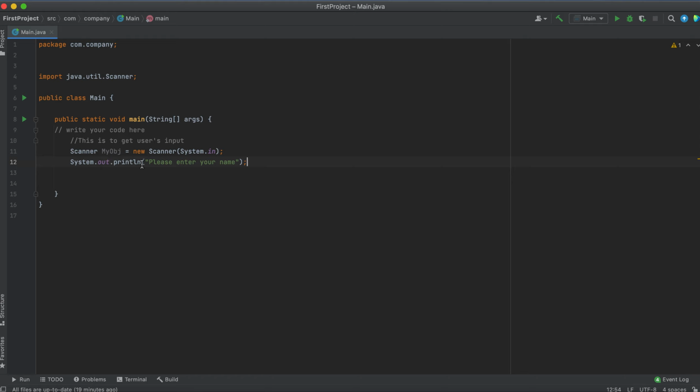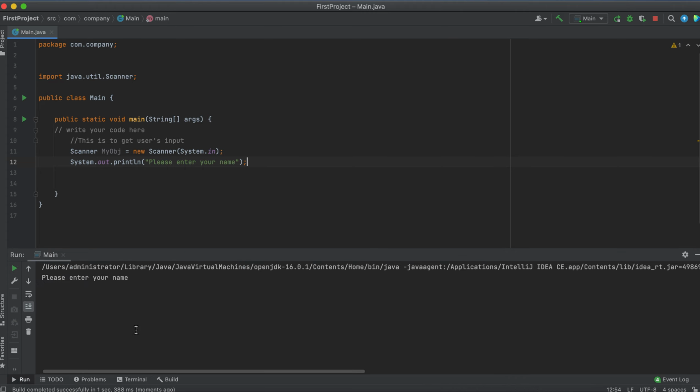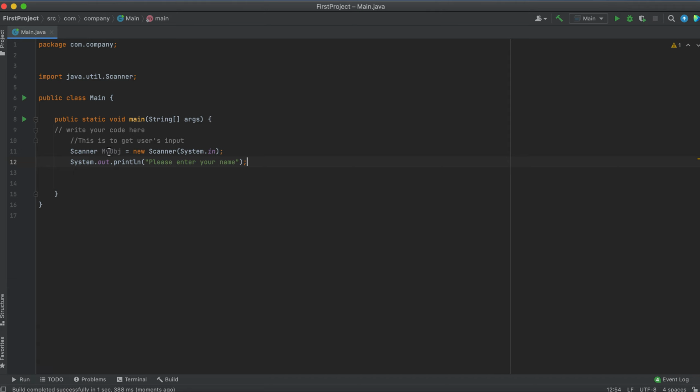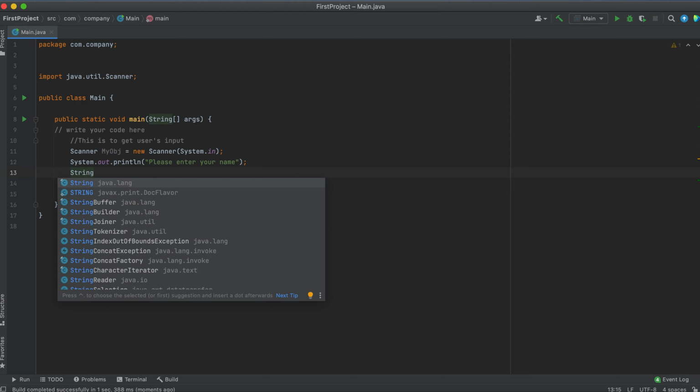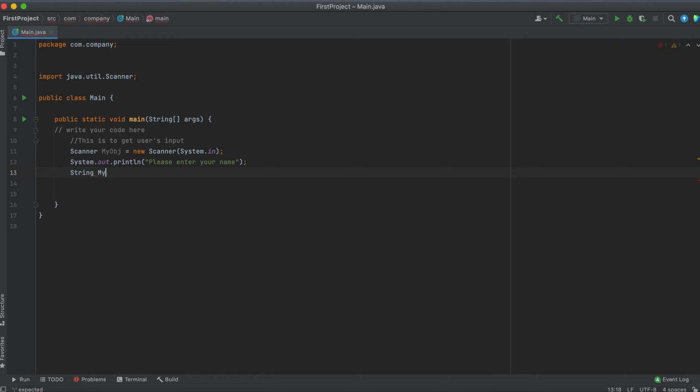Now, what this does is that as soon as we run this program, it will ask the user to enter his or her name. And that's what we're doing now. Look, it said enter your name. But if we try to enter our name, it won't work because we've not actually assigned this object to our string. So we need to create a string, and we say that will be like myName, and we'll need to call